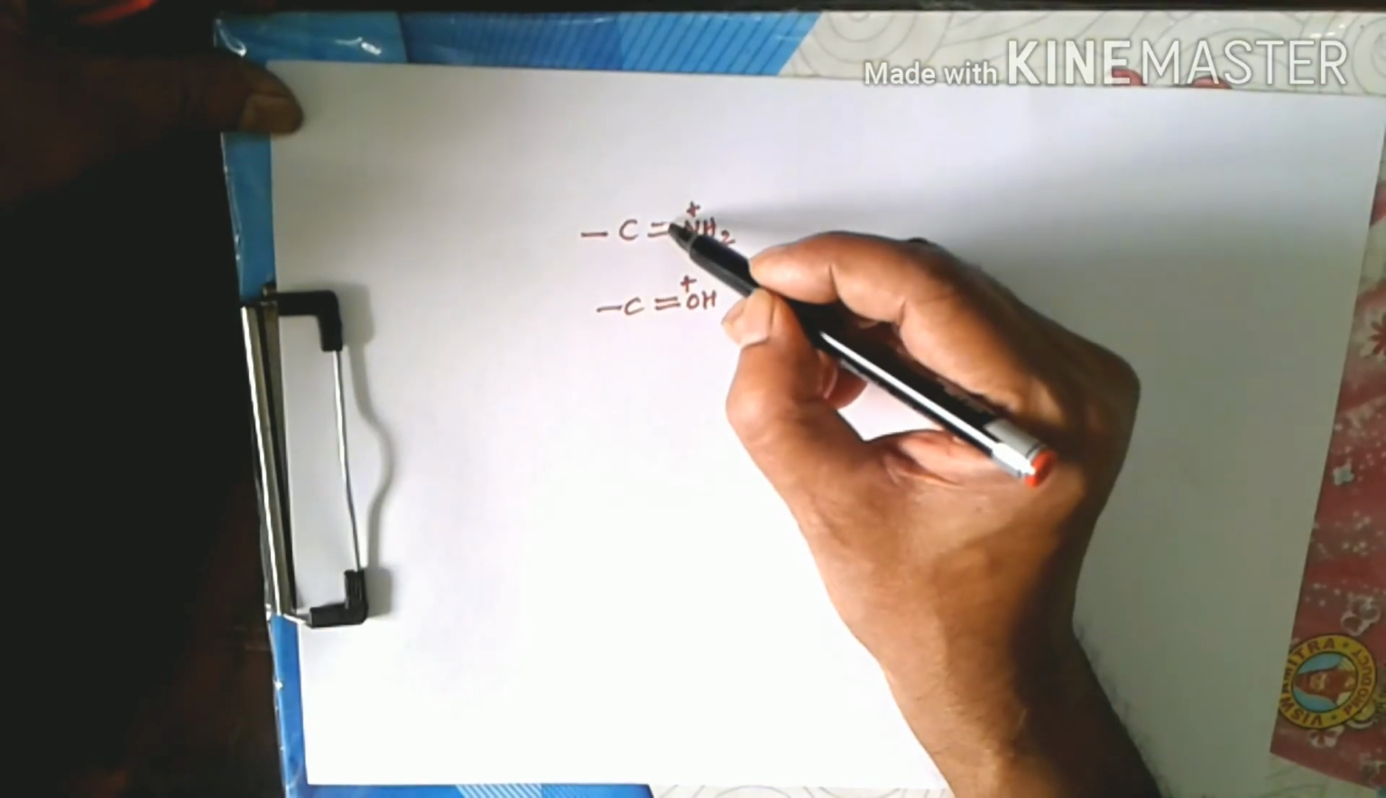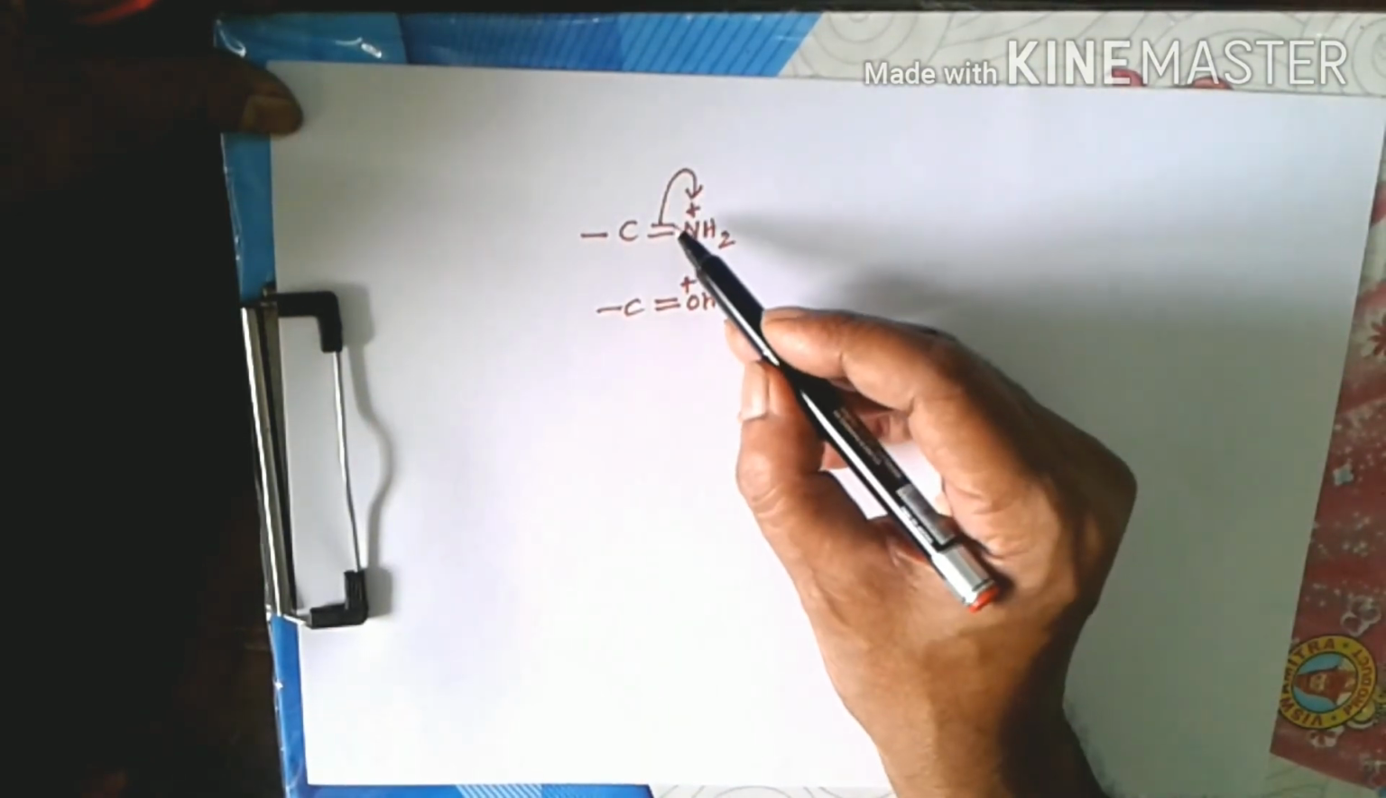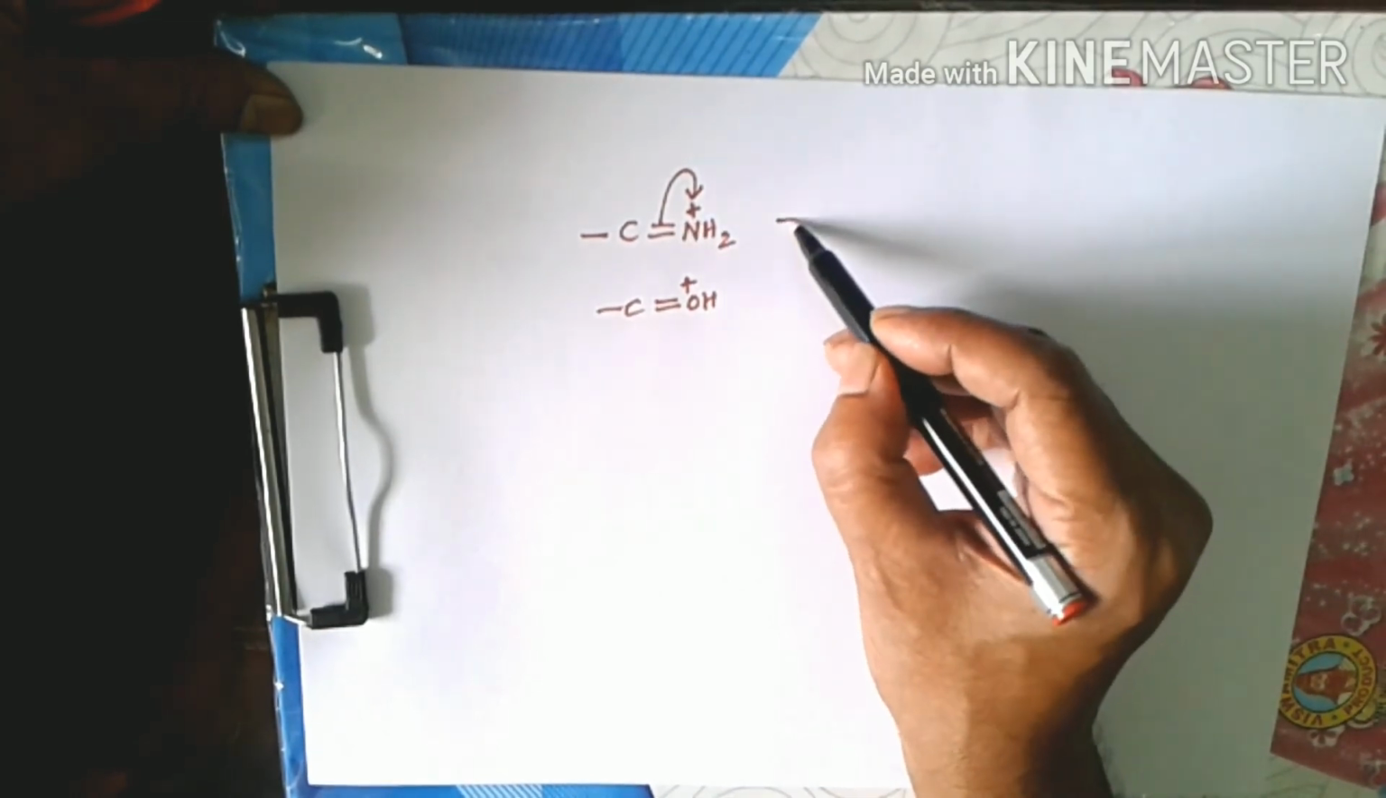But when this electron pair shifts over nitrogen, the pair of electrons in this bond is going entirely into the orbital of nitrogen, and we get